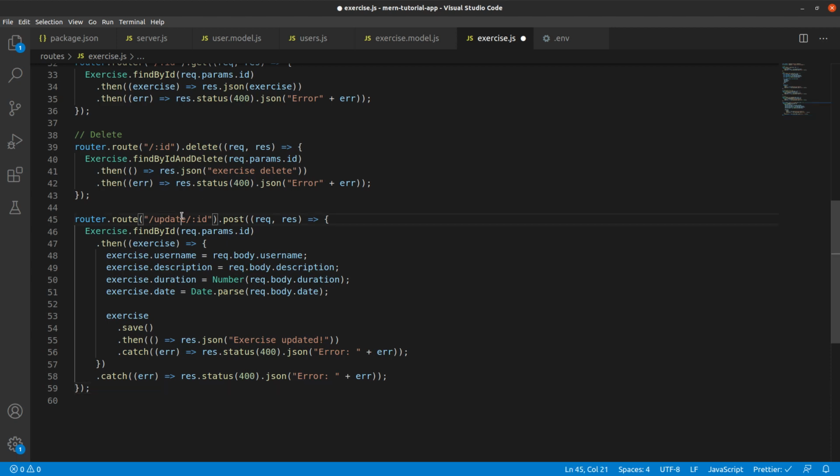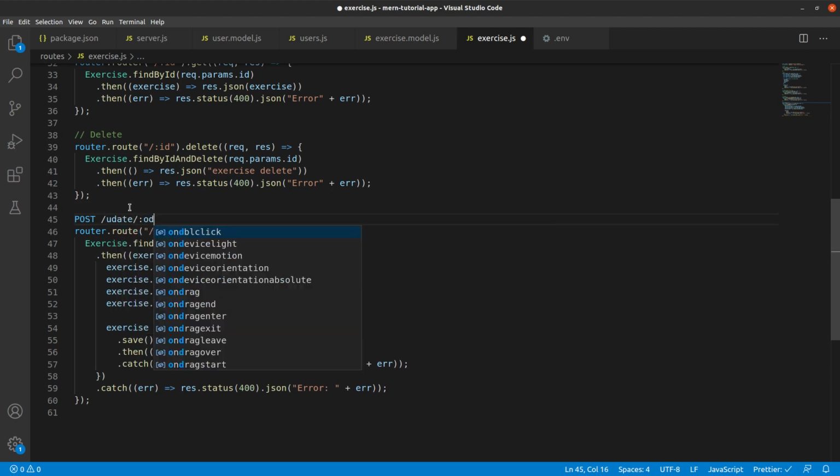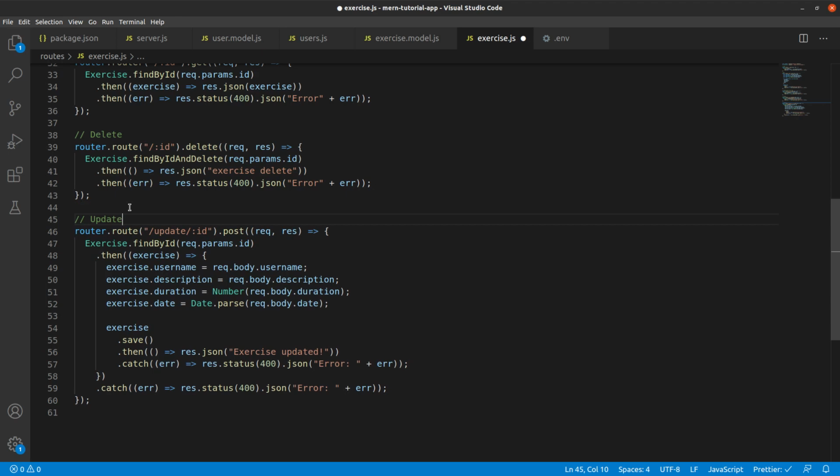So this is basically what update will do. Here we are doing a post of /update/id, so this will resolve to this particular method. Then you extract the details from this post request and get the data from the body and do an exercise.save. Try to read this and let me know in the comment section if you have any doubt.